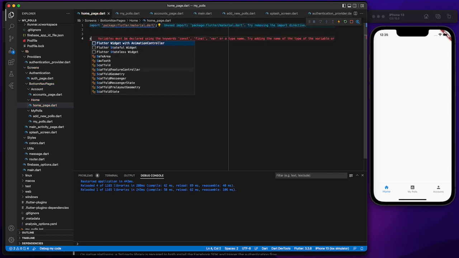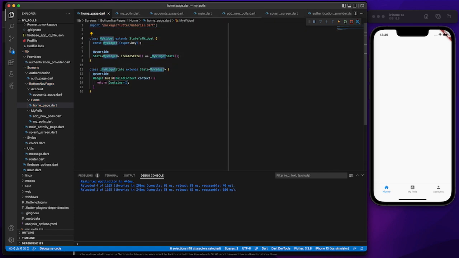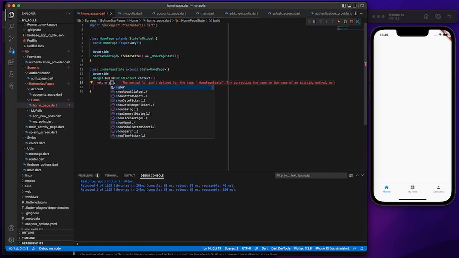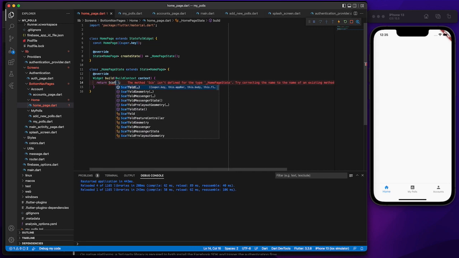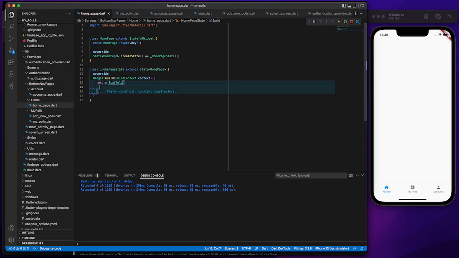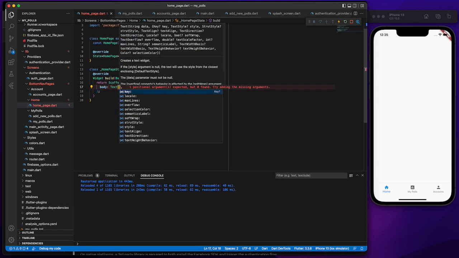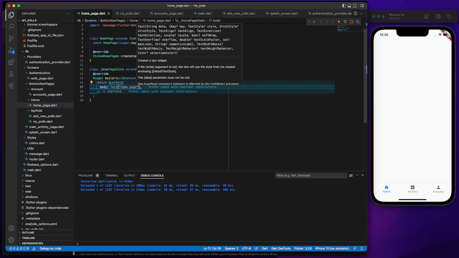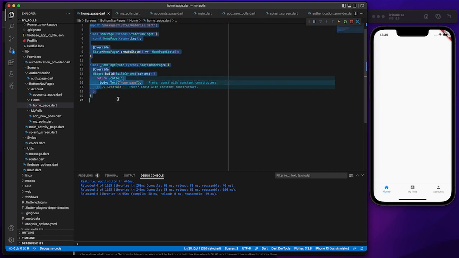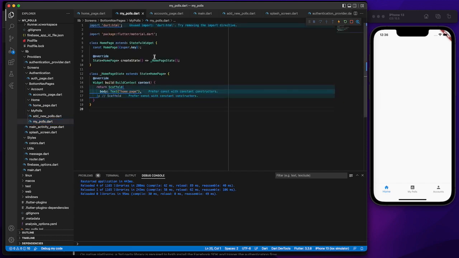Okay, so we're going to have a stateful widget, and I'll call this HomePage. It's still going to be a Scaffold widget, and we have a body, so I can just call this one a simple test of home page. All right, so this works. Instead of writing this one after the other, I'm just going to quickly copy it and add it to each